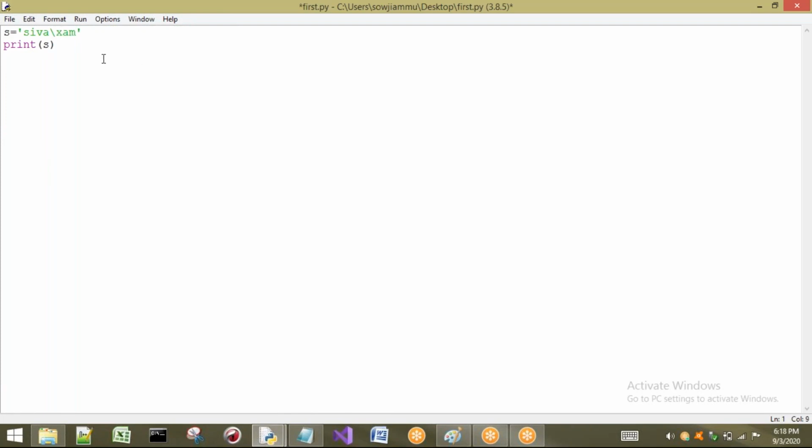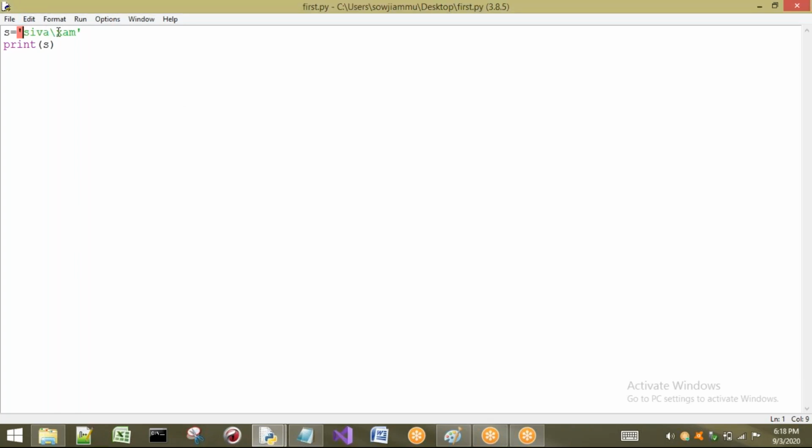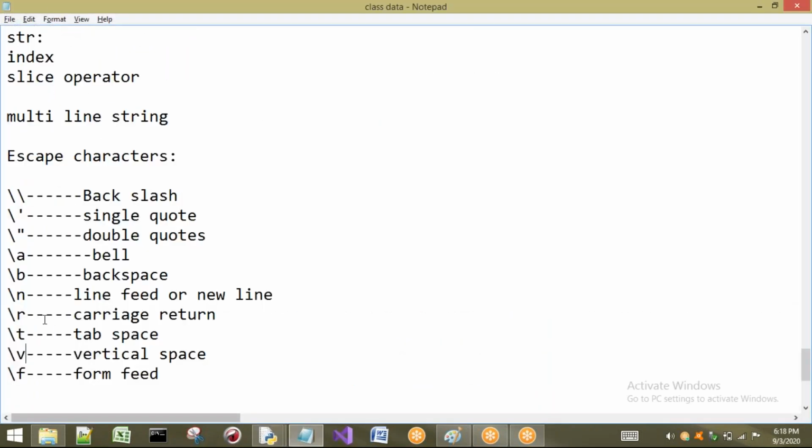Now let us see what happens here. If you write a backslash inside a string, it will compulsorily treat it as a backslash character. What are the backslash characters we have?